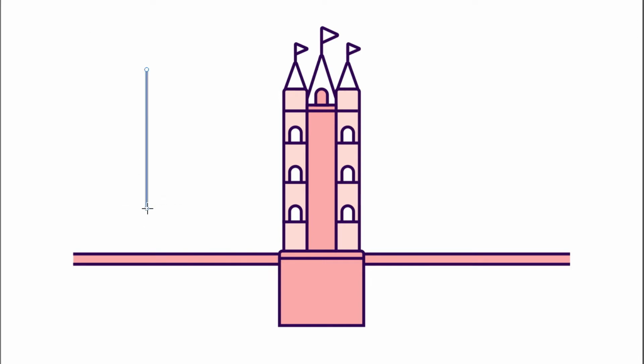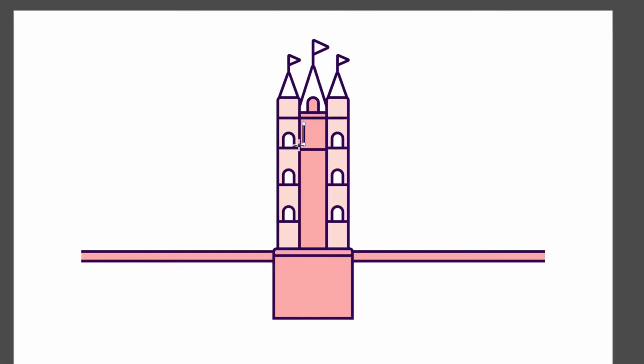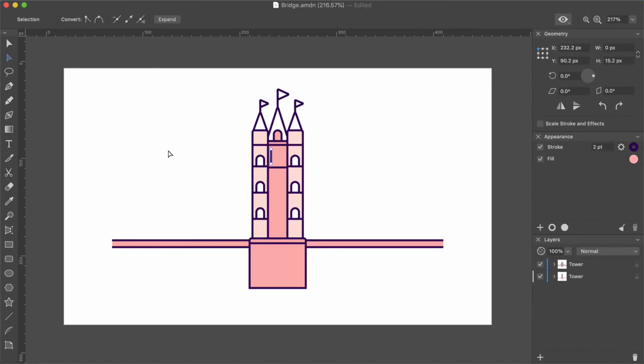A part of the bridge in our document looks slightly unfinished, so let's add the missing elements. At first, we will add several lines to the bridge tower. To adjust the line position, length, or angle, you can switch to the Selection tool and operate with the anchor points at both sides of the line.